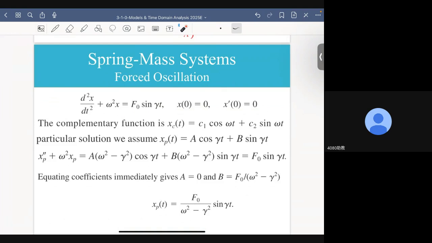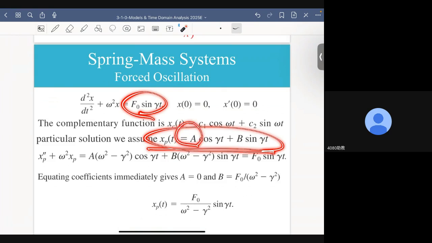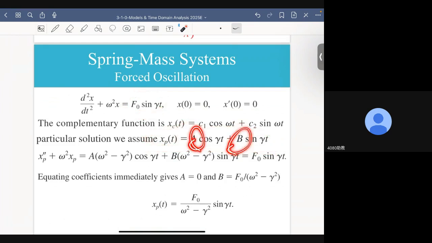Now, let's start the problem by using the classical methods, all right? That is, let's assume the particular solution to be this form, okay? Why can I do that? This is based on the method that we reviewed last week, which is the method of undetermined coefficients, right? Remember, I gave you that table of the method of undetermined coefficients. If the input is a sinusoid, then based on the method of undetermined coefficients, I should assume my particular solution to be a linear combination of sine and cosine with amplitudes A and B to be determined, okay?